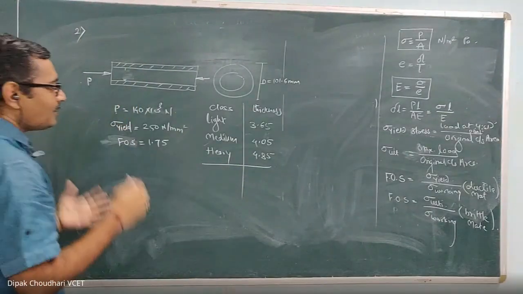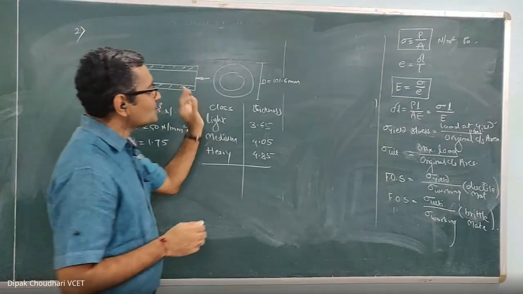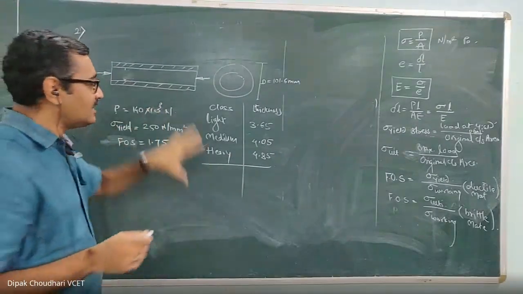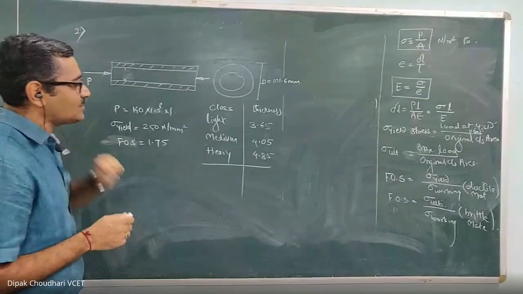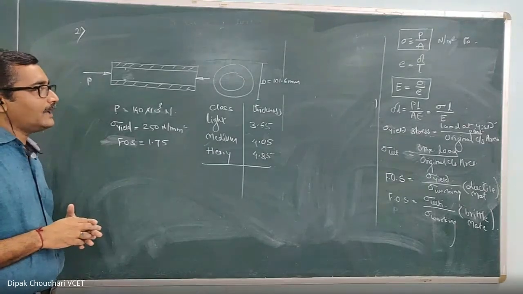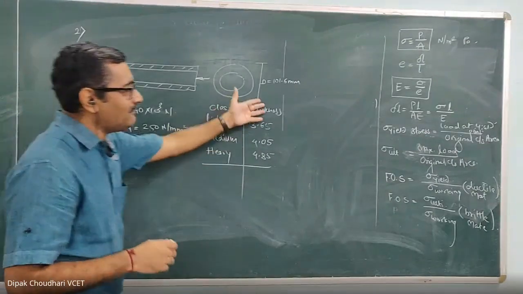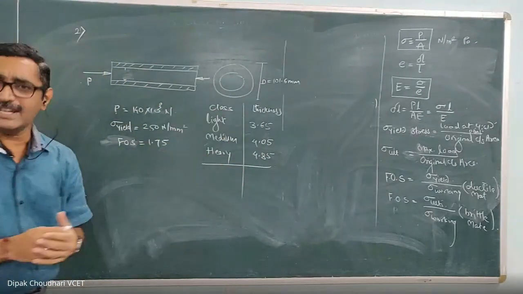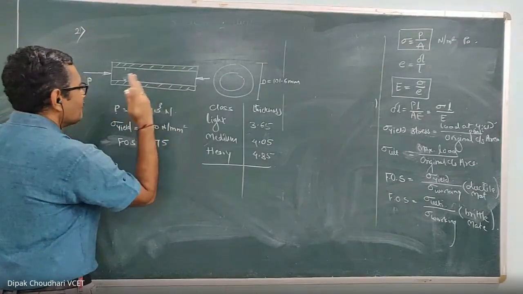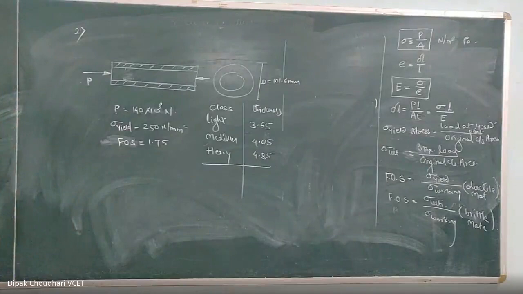For that, what we are going to do for this particular application is calculate the safe thickness, that is, the minimum safe thickness required for this application with the given condition, with the given factor of safety and all these things. From that safe thickness we have calculated, we compare with those which are available, and according to that we will select. So first we'll calculate, to sustain this much load with this much yield stress and factor of safety, what should be the required thickness.